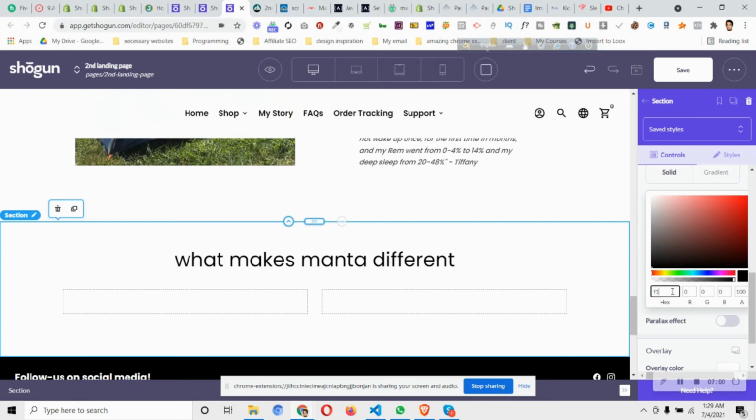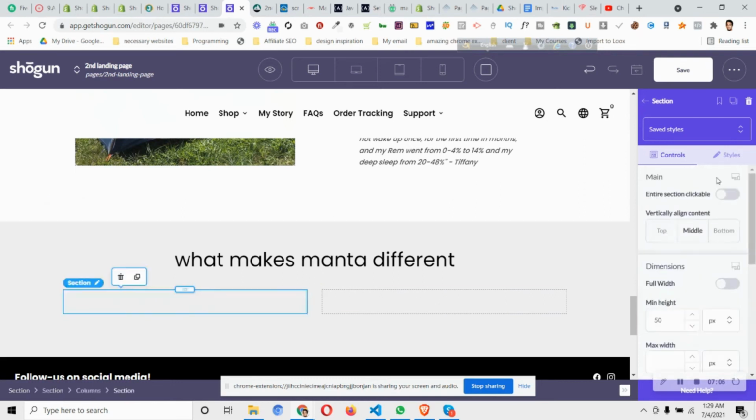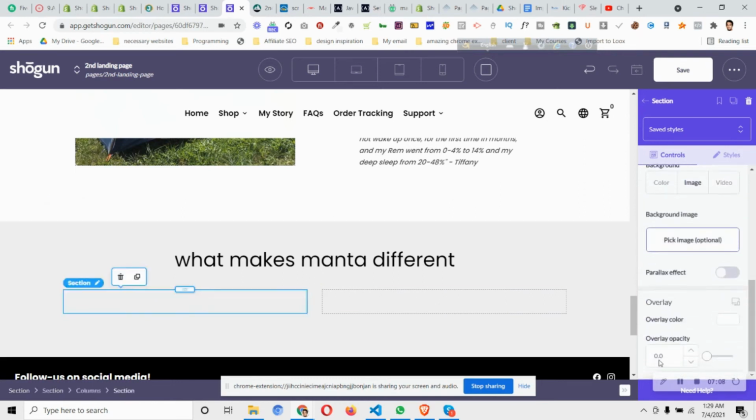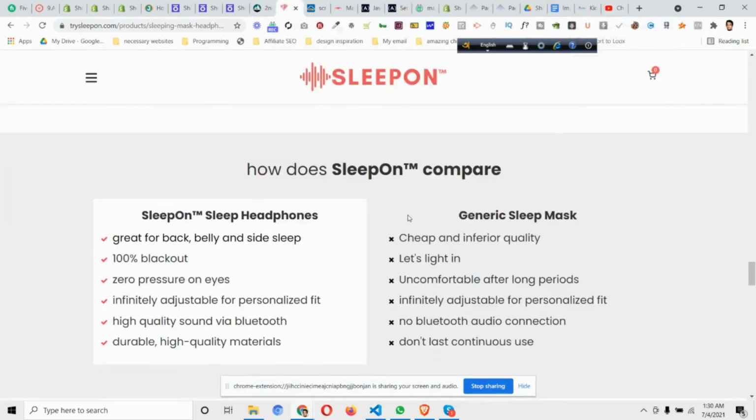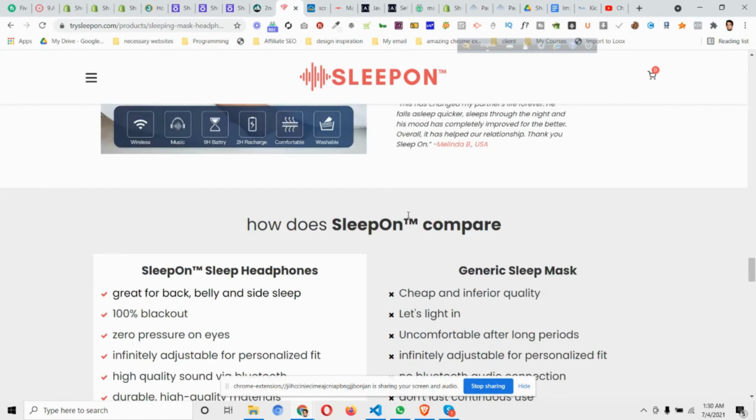So for some reason the color has not been taken, so now the color is showing. Okay, so now what we can do, we can give this section a background color of white. So let's go there and give it white. Okay, so pure white. Then if we see this example that I showed you, is this one. So for this,